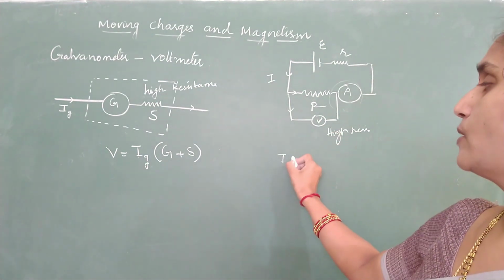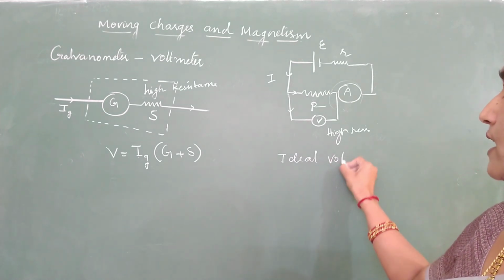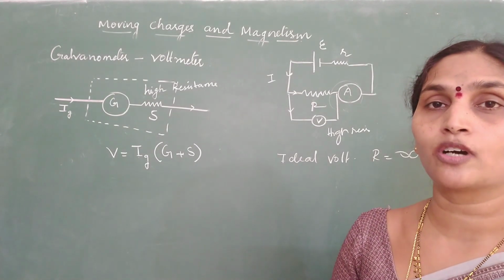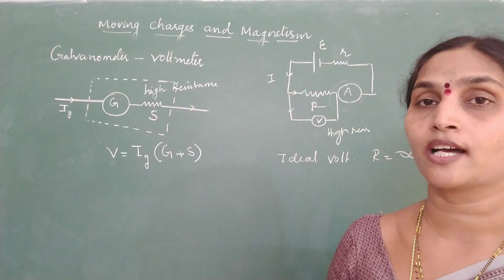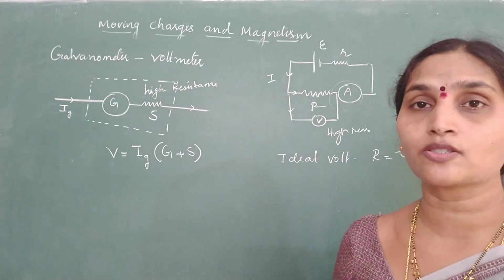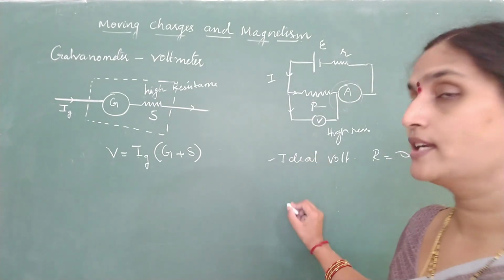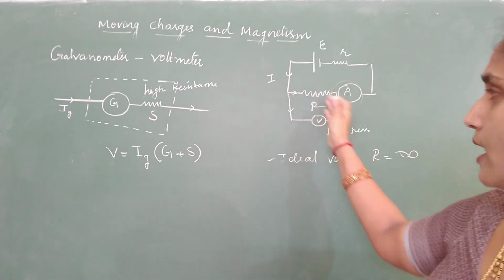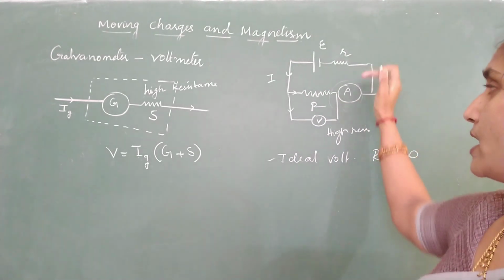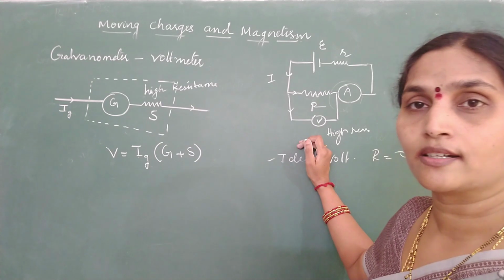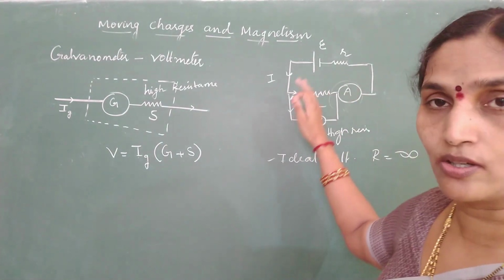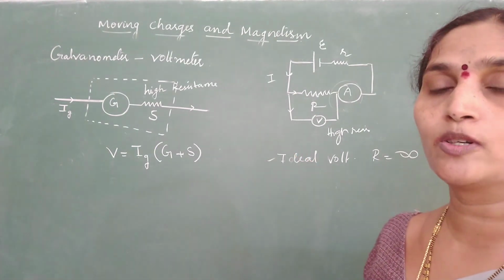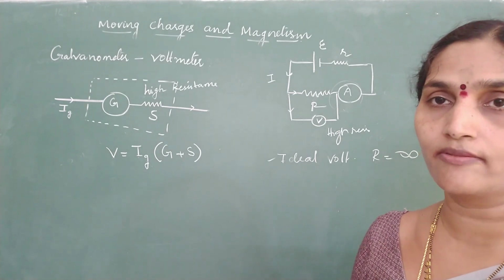So what is the ideal voltmeter's resistance? An ideal voltmeter will offer infinite resistance. Ideal ammeter should offer zero resistance, whereas ideal voltmeter has to offer infinite resistance. We know ideal things do not exist, but just to know what is an ideal voltmeter or ideal ammeter. So voltmeter is always connected in parallel combination, ammeter is always connected in series. But adding voltmeter and ammeter should not produce any change in your main circuit. Okay, major changes should not be produced. So this is how you can convert a galvanometer into two different measuring devices.